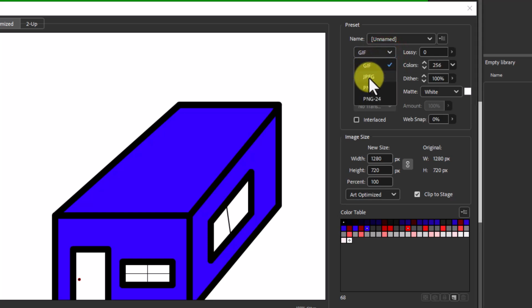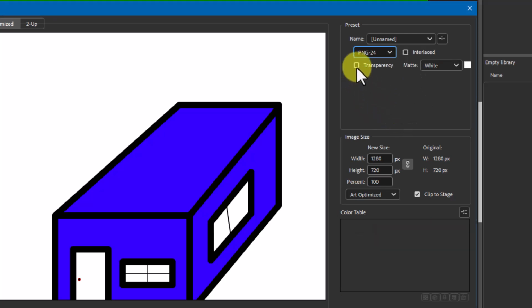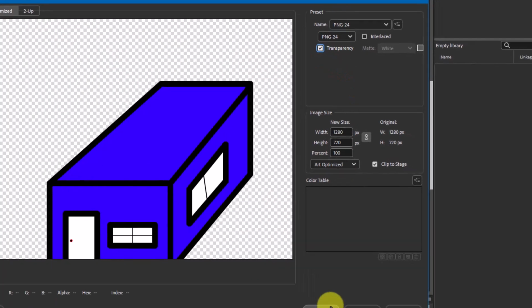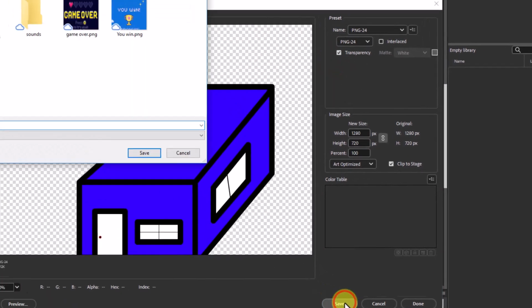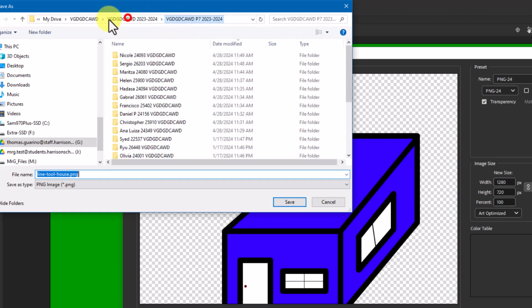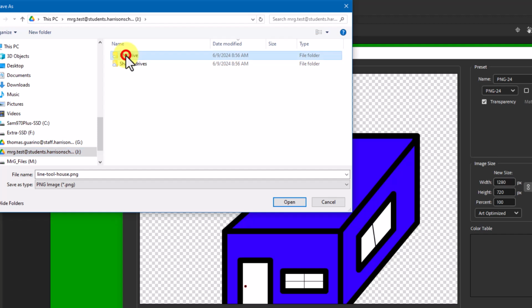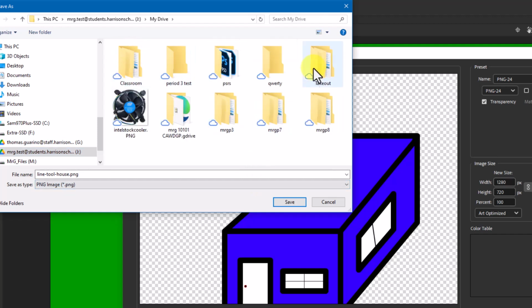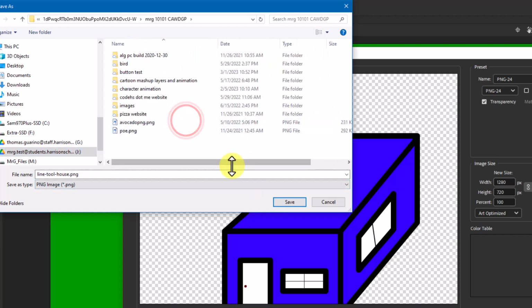JPEGs do not support transparency. PNGs do, so I'm going to choose the better quality, PNG 24. Just check off transparency. Click Save. Choose my folder. Got to navigate to it. This one right here. And just say save,